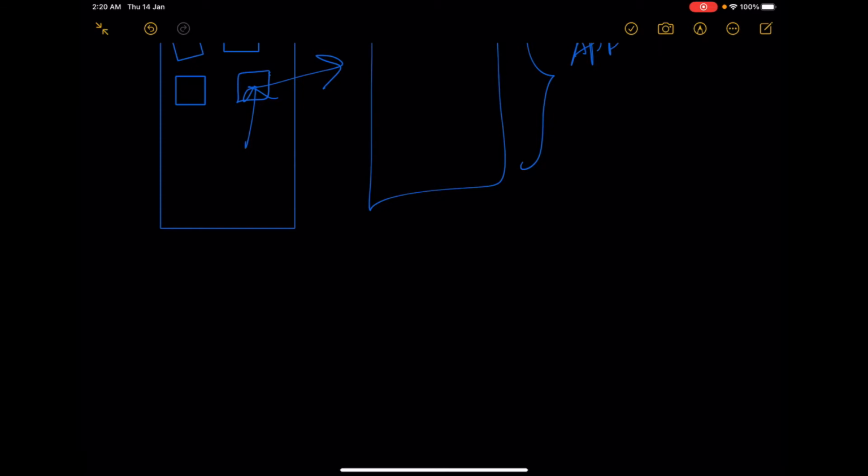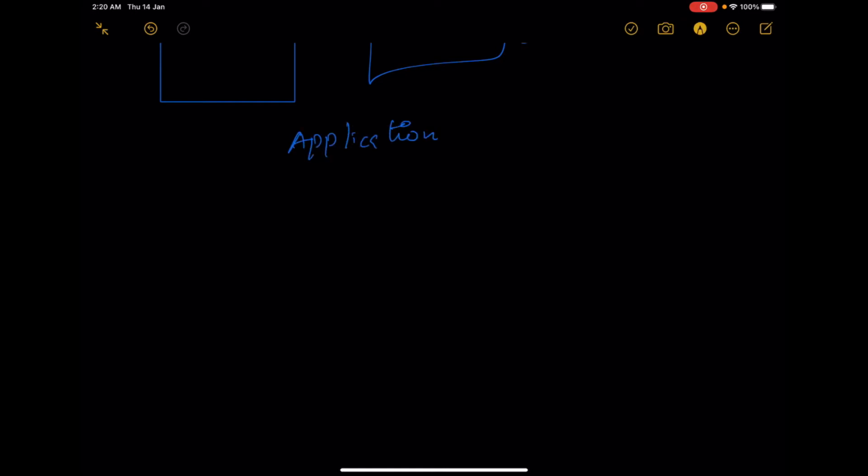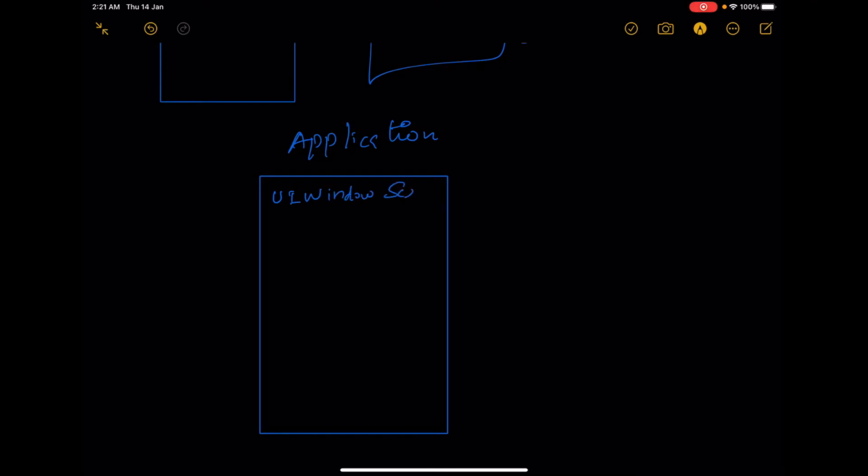So generally the hierarchy of the elements, how the system draws: an iOS application has, let's say, application, and this application has a Windows scene.